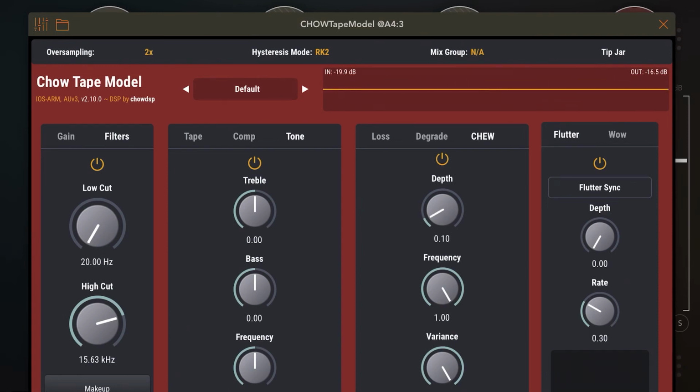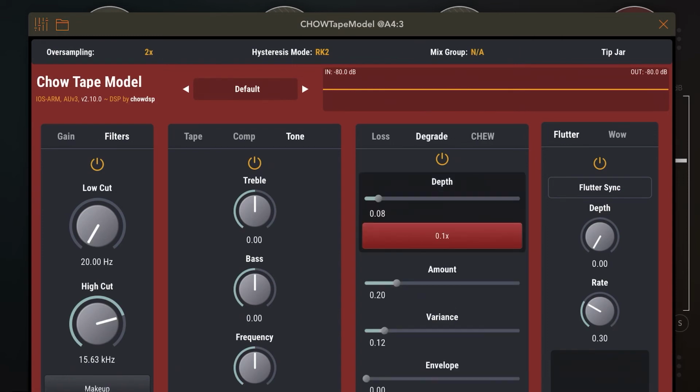So if we turn the depth down and keep the frequency up, so this is, if you want to find this subtly, you're going to bring the frequency down and then the depth down. Again, this is something that might not be all that essential for drums, but it's nice for when you're really looking to decimate the sound. So if we go back to degrade,